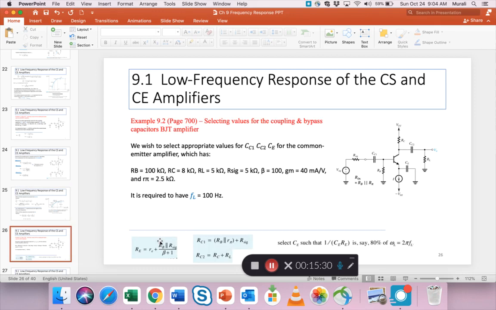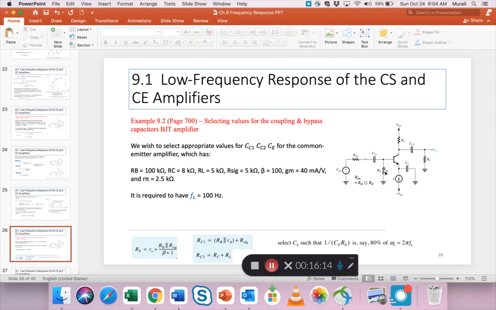Okay, so I've come to example 9.2 from the textbook. This is a BJT amplifier, common emitter amplifier, and the problem is almost identical to what we did for the FET amplifier. Here again, we have three capacitors, CC1, CC2, and CE, which is bypassing the source, current source. We have to find those. So select the appropriate values for CC1, CC2, CE for the common emitter amplifier, and you're given all these resistances